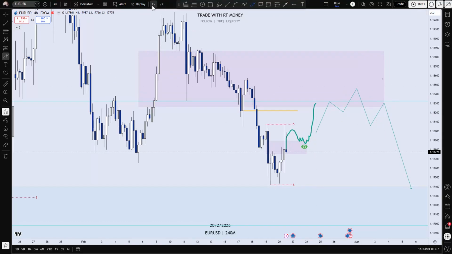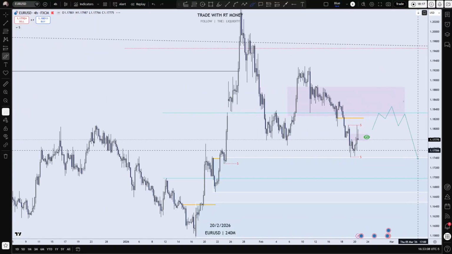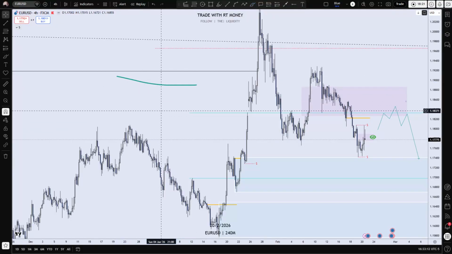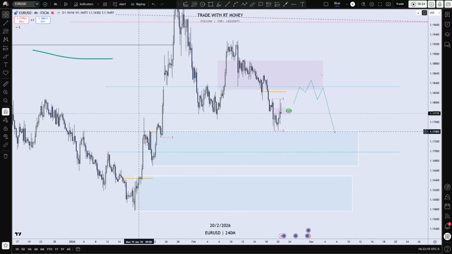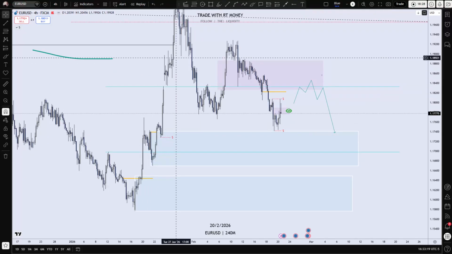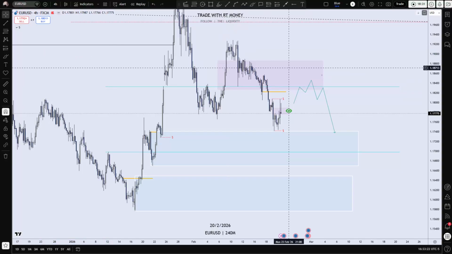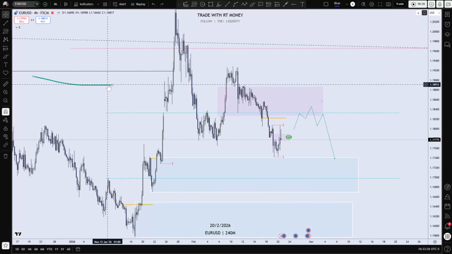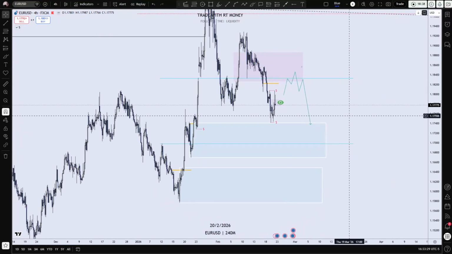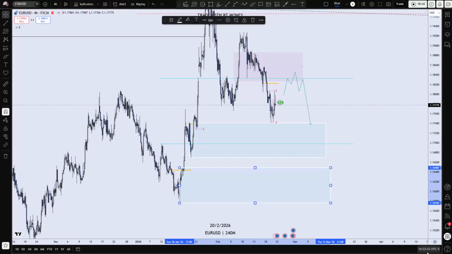I think for the highest probability setup here, this is the one that I would like to take down to this. Sorry, to this. The sell to buy here. That's what I want to do. That's what I would prefer to do. I'm not sure what's going on here. All right. So that's it. That is it. All right. You might see a short-term buy here, but it's the sell that I want. The sell would be higher probability in my opinion. Okay. And we take it down to this